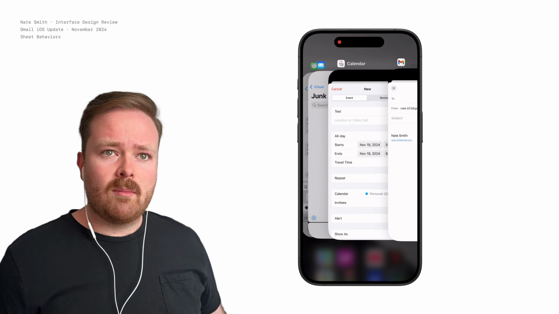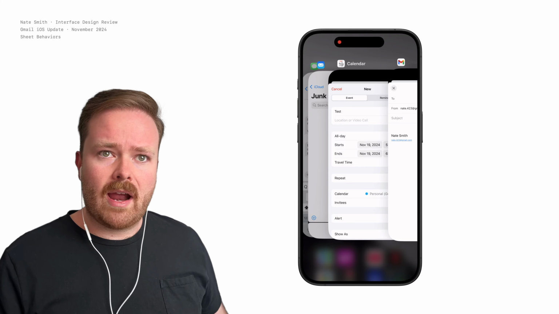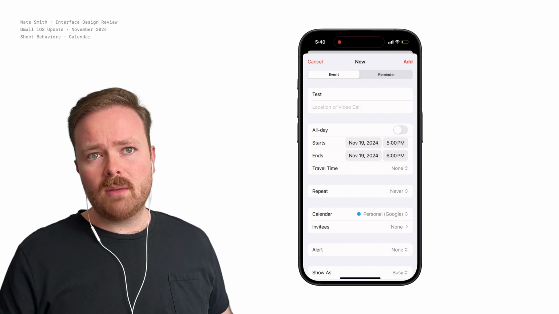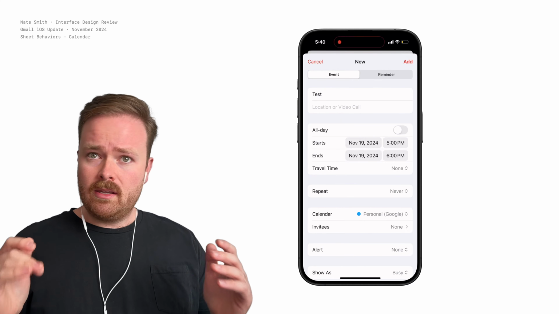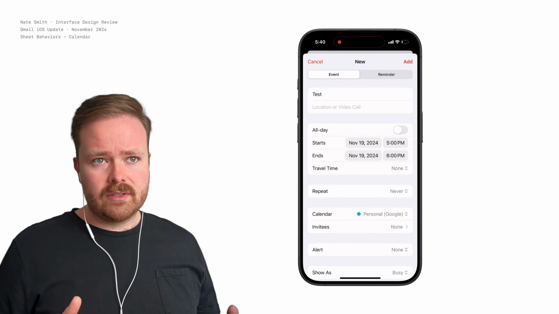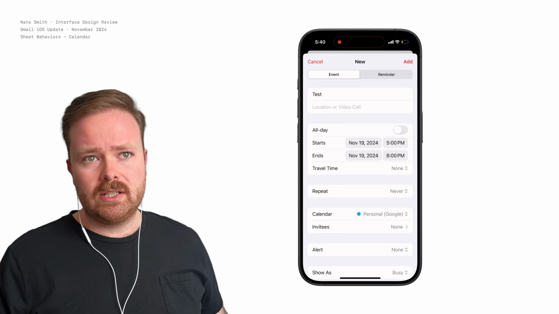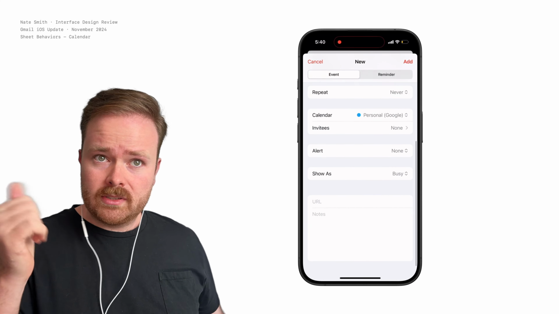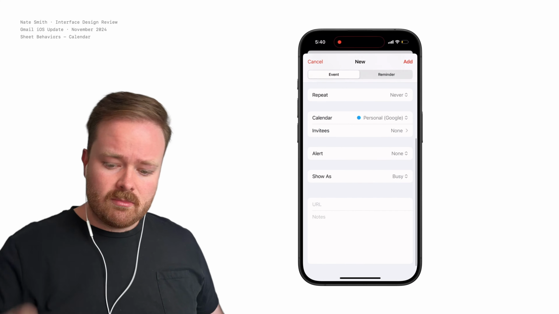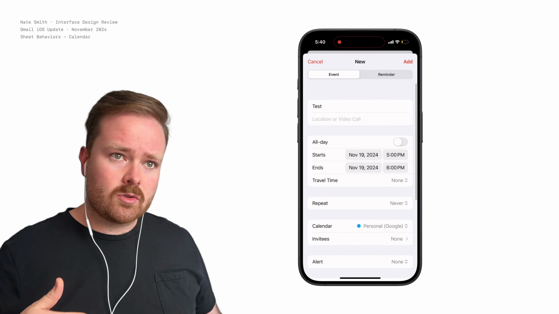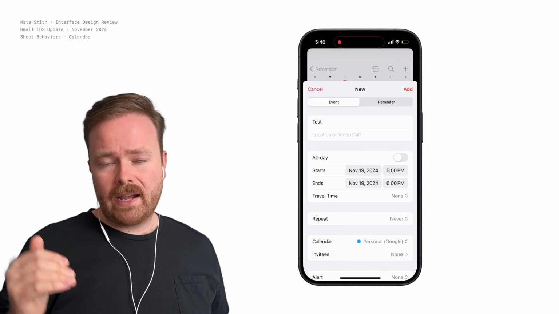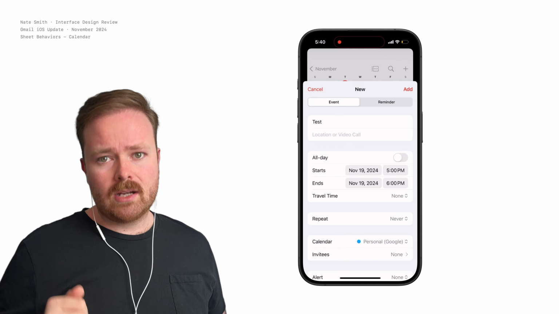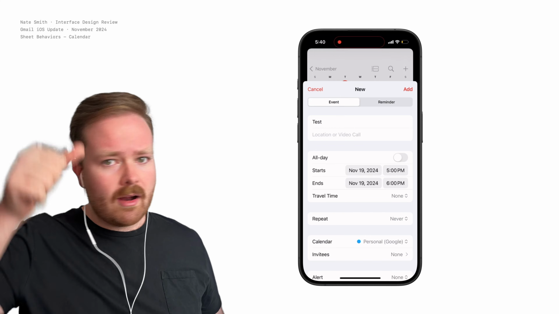Let me show another example of a similar behavior in another app. If we pull up Calendar here, this is a pretty similar view. We're creating a new thing. It's a form view with several fields, and it's all presented in this modal sheet. If I scroll down, I can see that navigation bar at the top. When I scroll back up, when I'm scrolled to the top of the sheet, I can start swiping down anywhere, and it'll actually move the sheet. So I don't have to grab that navigation bar.